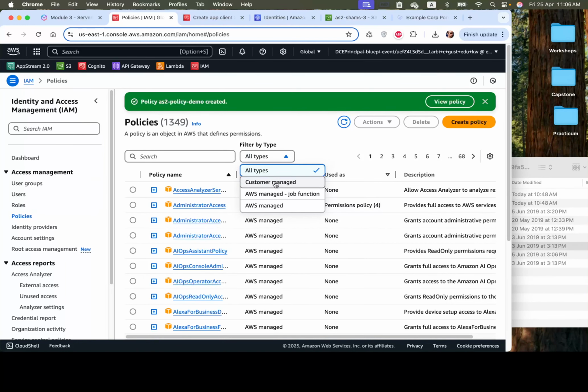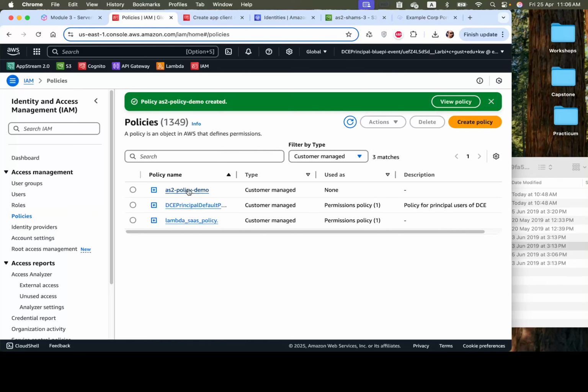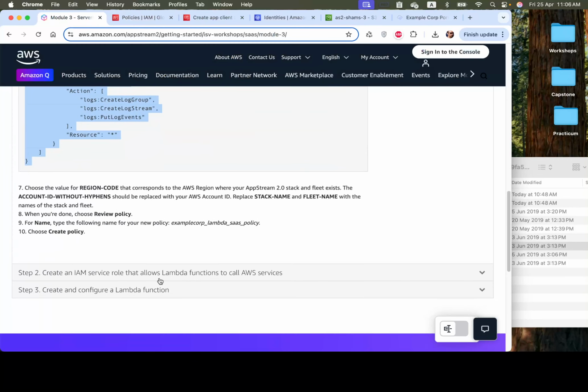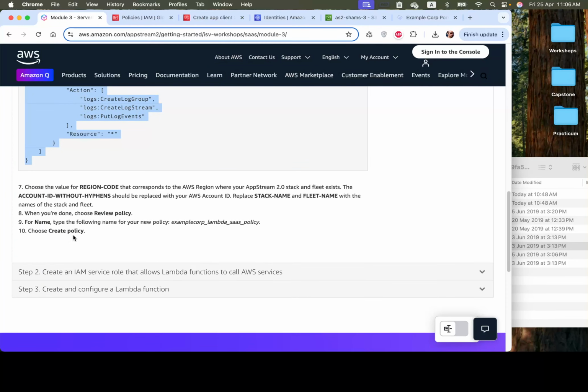So here I can filter by custom. Here this is the one I have created now, and this is the one I have created before. Okay, now it's used by no one because in the next step here,